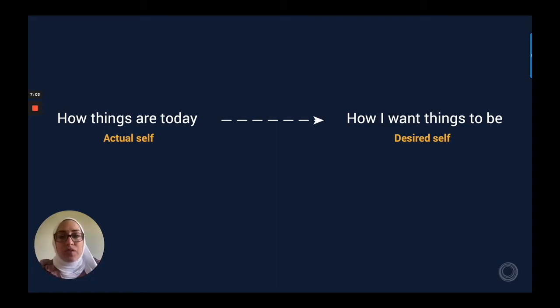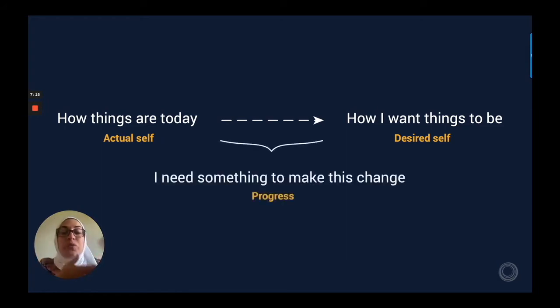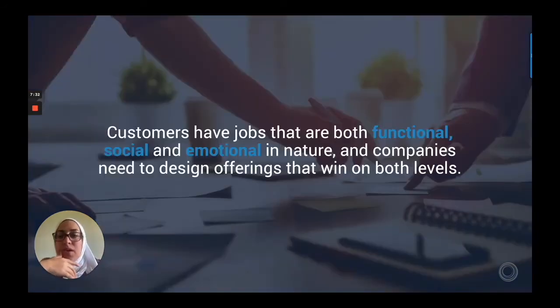And same thing for services. Like my company's in a certain state now. We want to be even better and even more efficient by having this specific service or subscribing to this program or whatever it is. So we always want to make some sort of progress. And during the Jobs to be Done interviews, we're trying to find out what that progress is, because that progress is going to link to a lot of emotional and social aspects that are going to help us understand a little bit more about the visitor psyche.